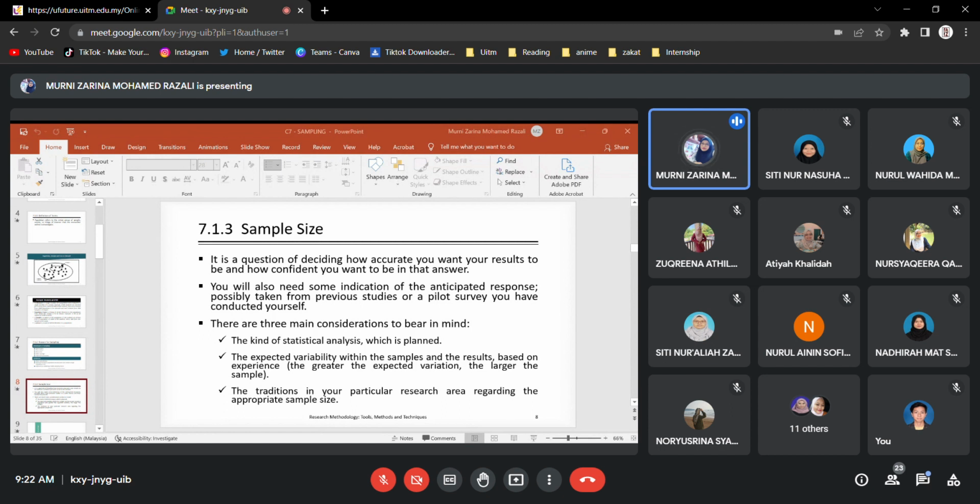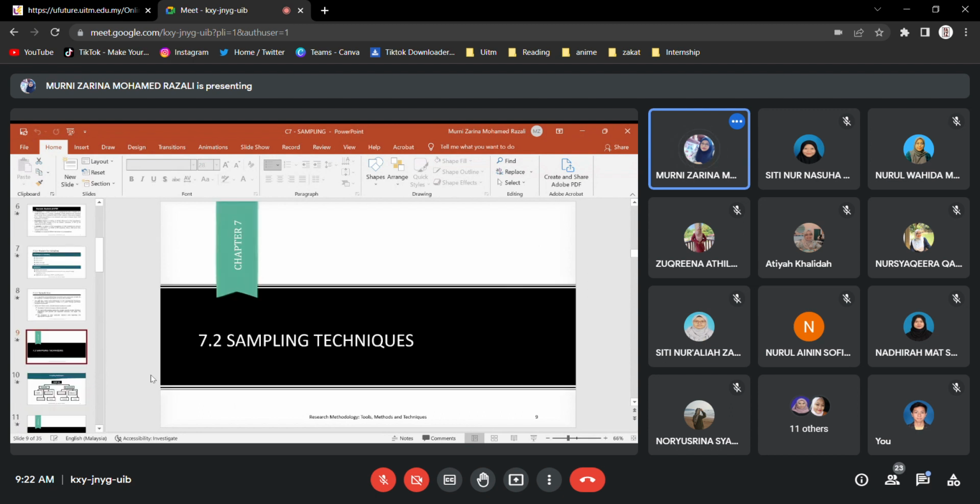So basically the sample size tu cannot be so big lah, macam tu. Tapi kalau lah kita kata statistical analysis yang kita nak buat adalah berbentuk deskriptif contohnya, kita nak gunakan software, kita nak buat quantitative analysis, so that it also will determine our sample size. And then the expected variability within samples and then the traditions in your research is also will determine the sample size. Okay. So